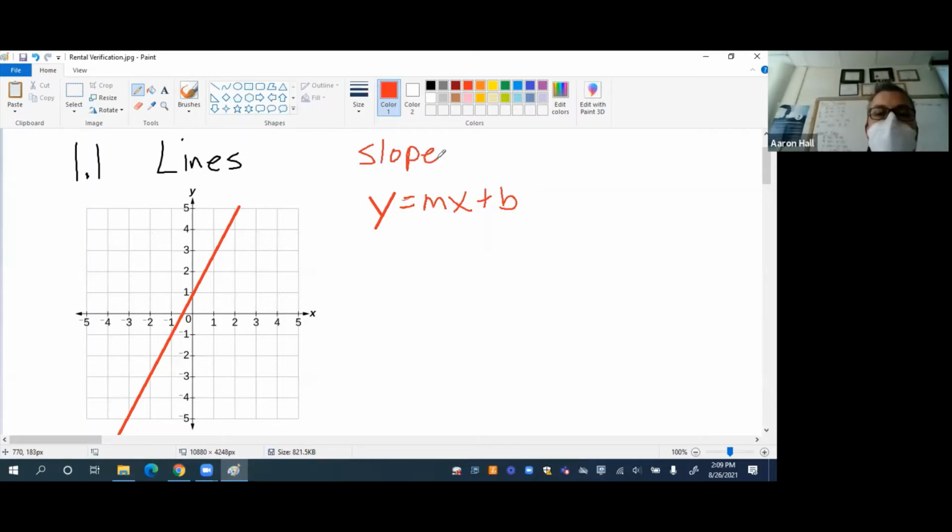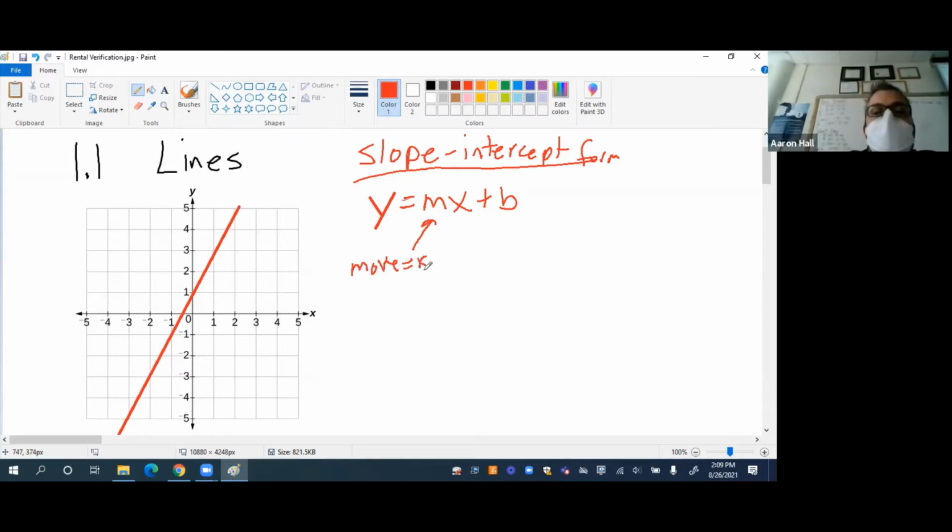That's one way we can do it. What does the m stand for? Yeah, I like to think of it as the move, but it is our slope, like you said. And how is slope defined? Yeah, it's defined as rise over run. That is our move. Our move is how much do we rise and how much do we run to get